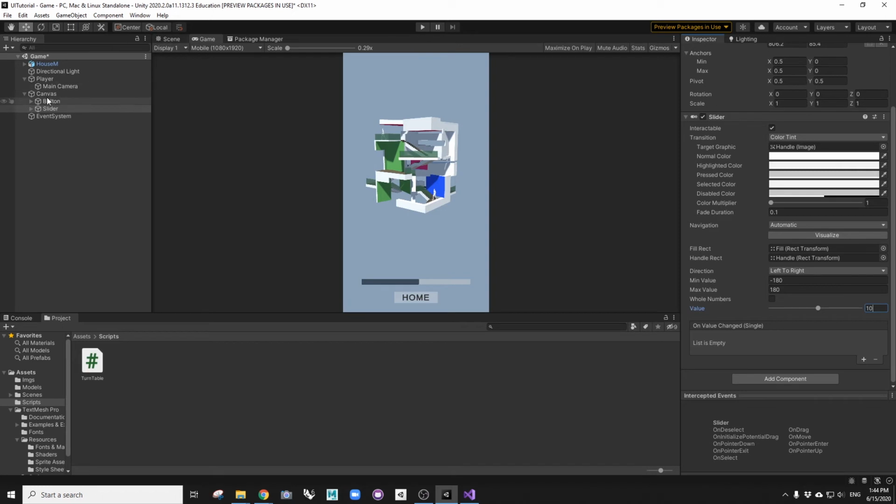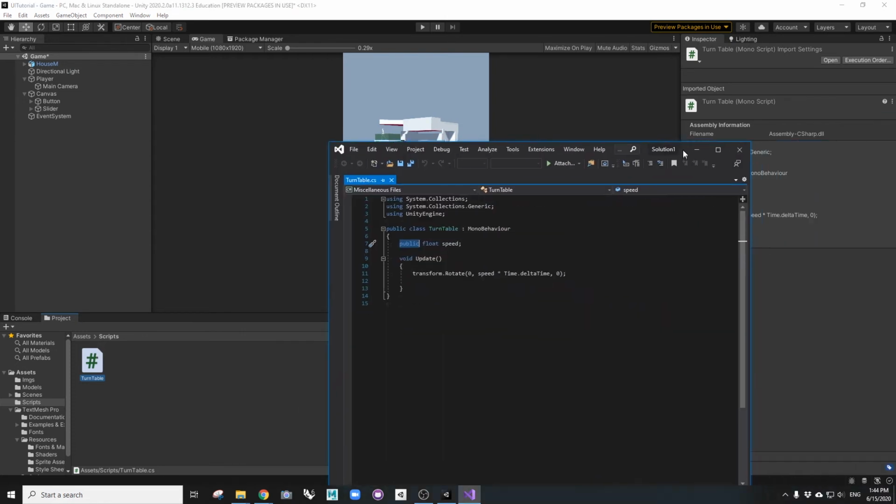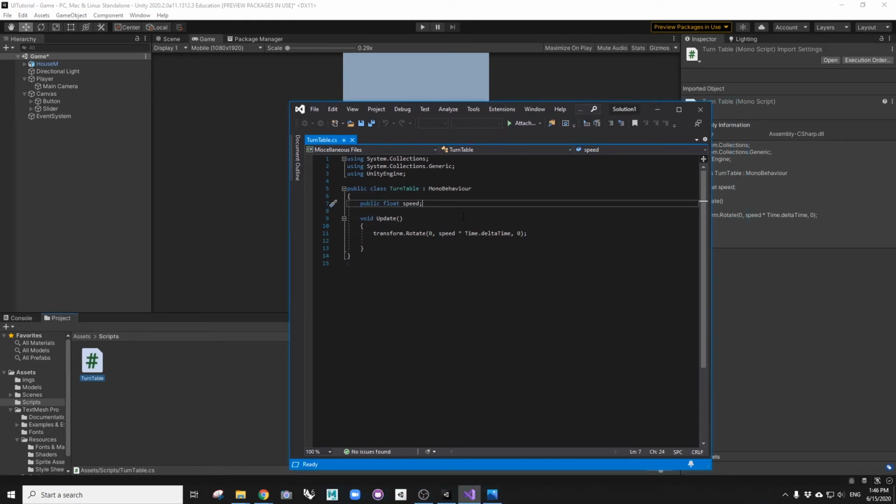Alright. And how do we connect that number to the turntable value? What we need is to do a bit of script to let this turntable read the slider. So double click on this. Alright, let's make the slider a public variable of this turntable. Public slider